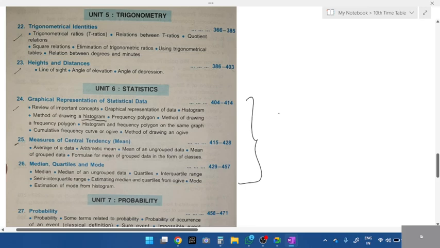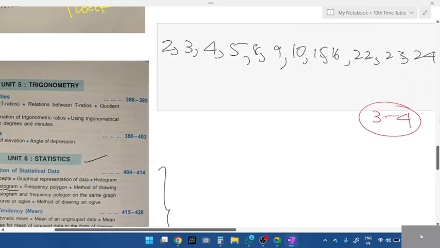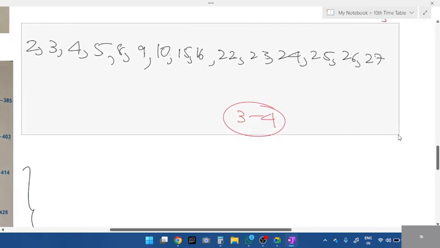Okay, so we'll do one thing. Statistics, I'll explain. From the beginning, I'll tell you what type of graph we use, types of method. I'll make you also one question. Statistics, trigonometry, heights and distance, you have done multiple times. So now, for revision, what you'll do is,